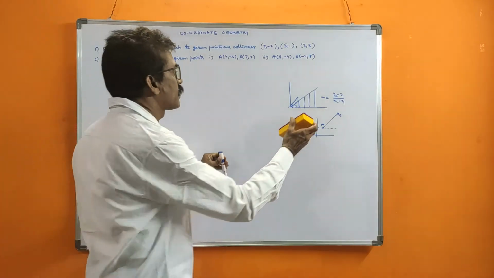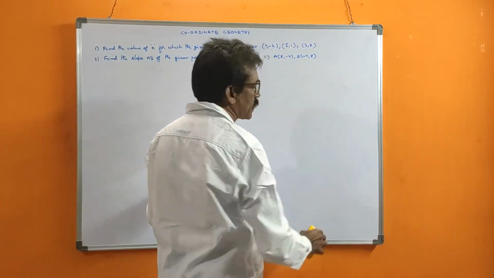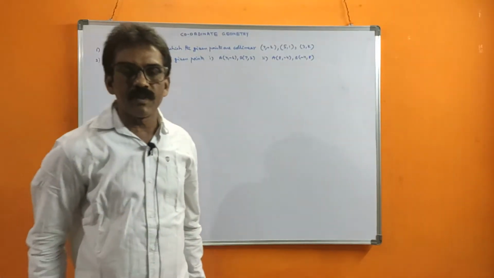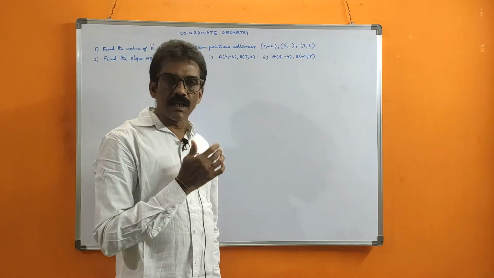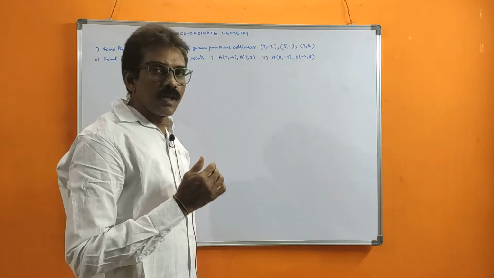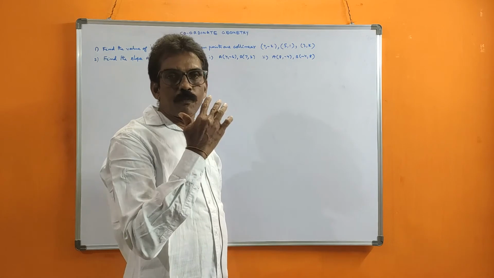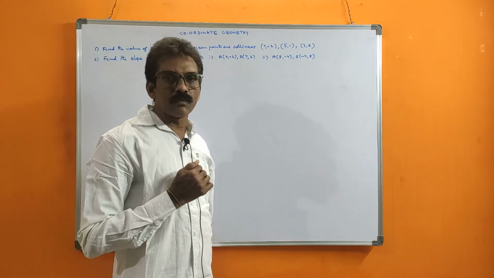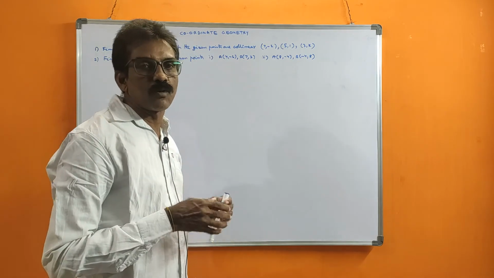Now, slope is asked, that's why I explained separately. What is slope? Slope is m. It is the relation between the height and the base, the vertical line to the horizontal line. The slope is denoted by the letter m. If for a certain distance the height is increasing, the slope will increase. If the height is decreasing, the slope will decrease. So the height is directly proportional to the slope for a certain distance.